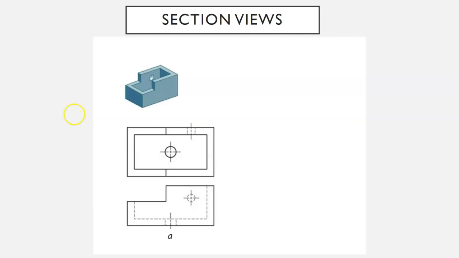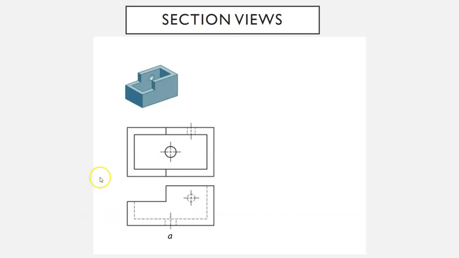So what a section view is going to do is it's going to allow us to slice an object in one of these views so we can actually see what's behind our work. And the reason we do that is because sometimes hidden lines don't quite tell the story. So if I look at our image, this is our top view, so there must be a hole kind of chilling in the middle on that bottom face. And we can definitely see that with our front view,